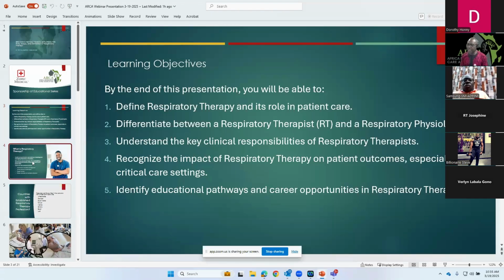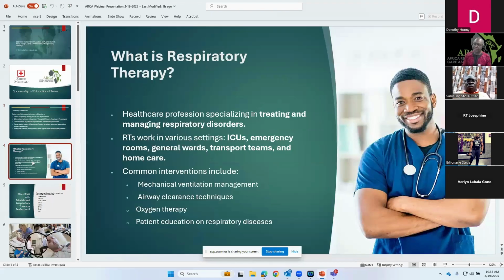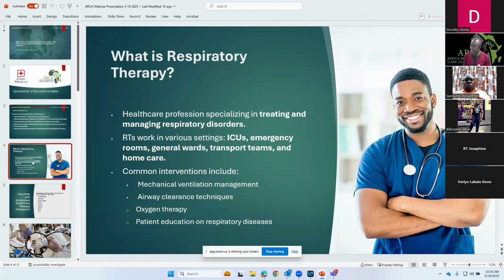So, to begin, one of the things we have to first talk about is what is respiratory therapy. Respiratory therapy is a healthcare profession specializing in the treatment and management of respiratory disorders. Respiratory therapists work in a variety of settings: in ICU, in emergency rooms, in general ward, in transport teams, and home care. Like in my organization that I work at, we have,